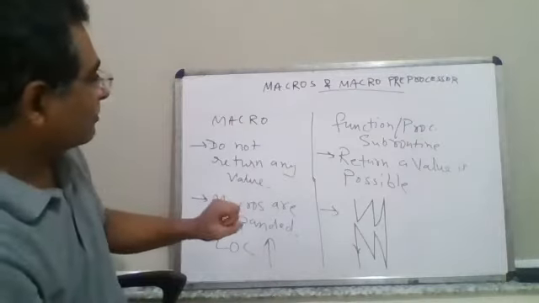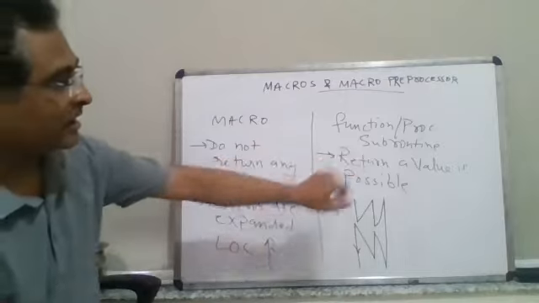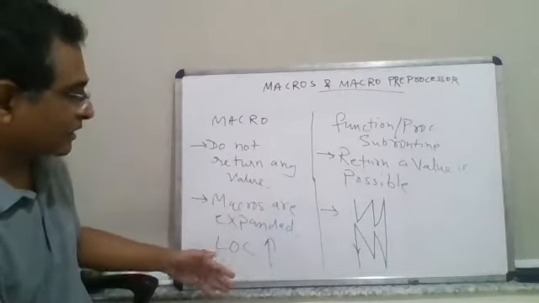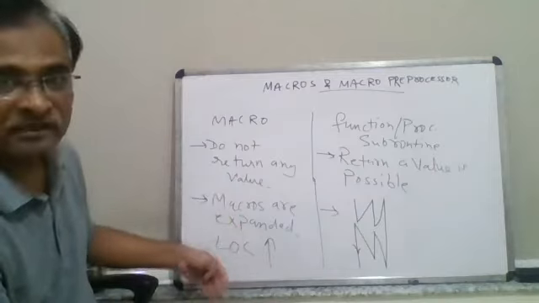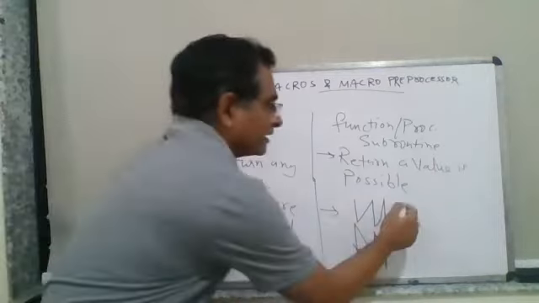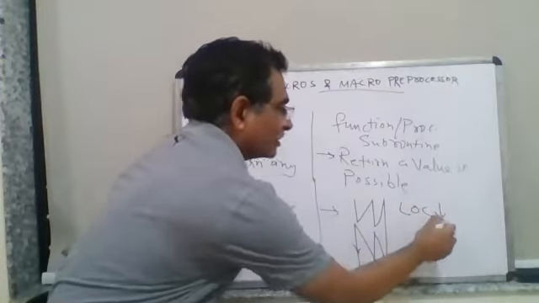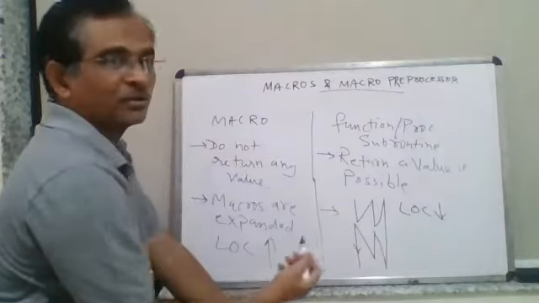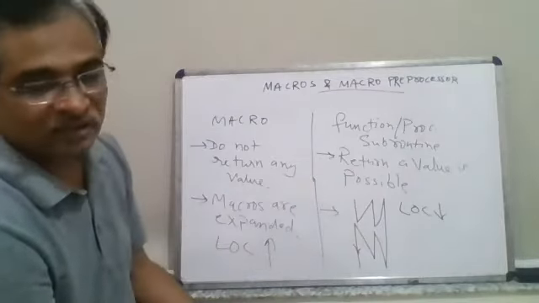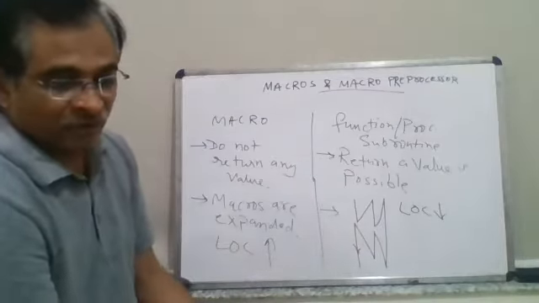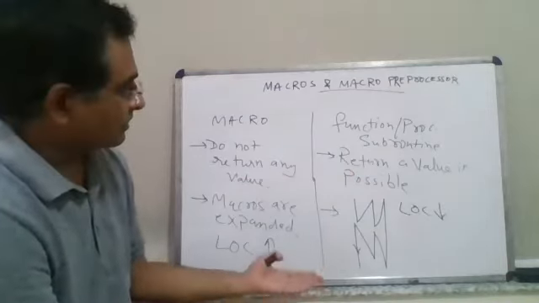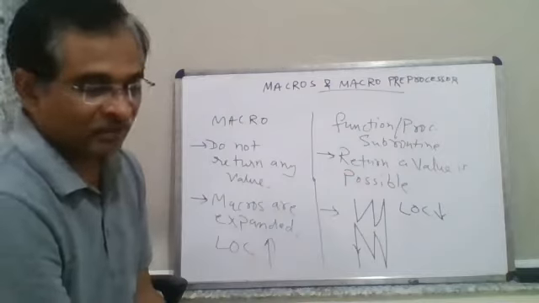But understand, here it cannot return any value, whereas here it can return values, more than one value also. Macros are expanded at the time of the call, and therefore line of code will be higher, whereas here line of code would be less. And it is basically for improving the readability. There will be a jump during the time of execution to the appropriate place, and the execution will continue from that point. Okay, so a macro cannot return a value.